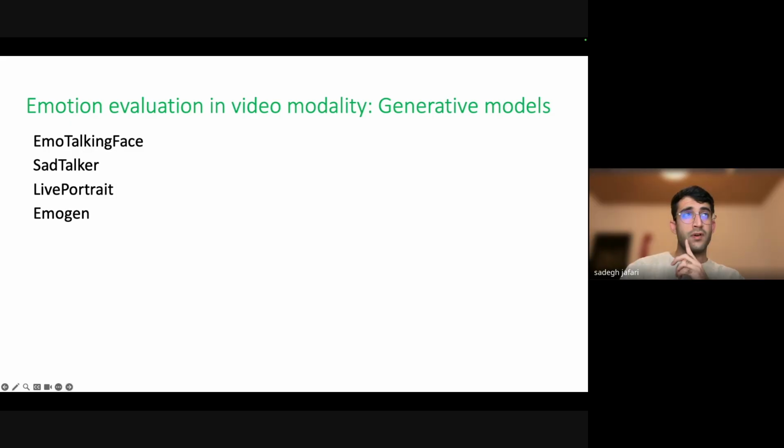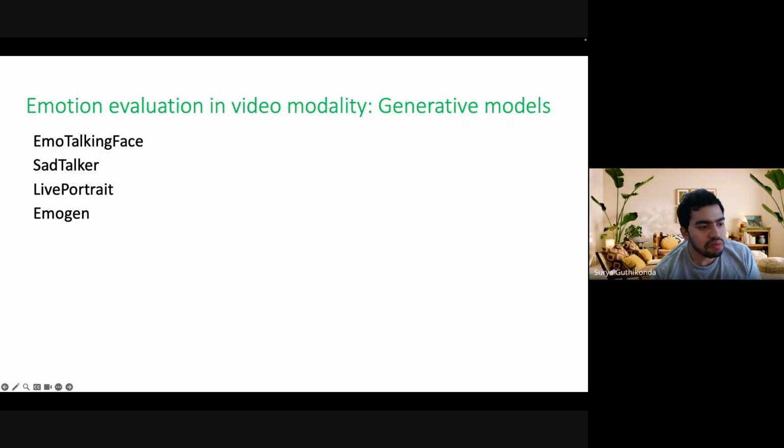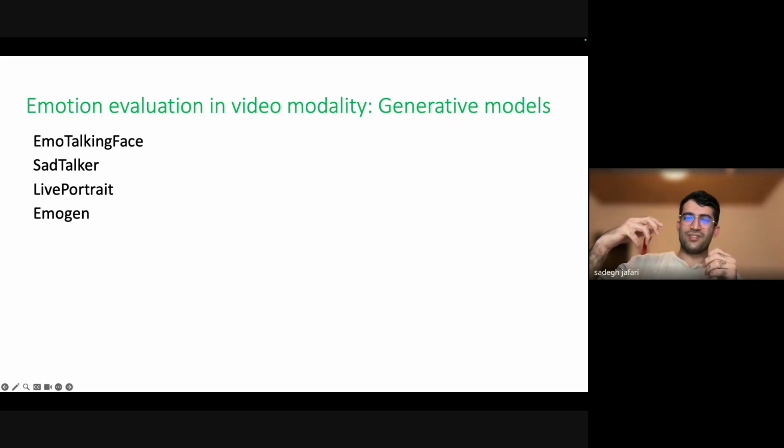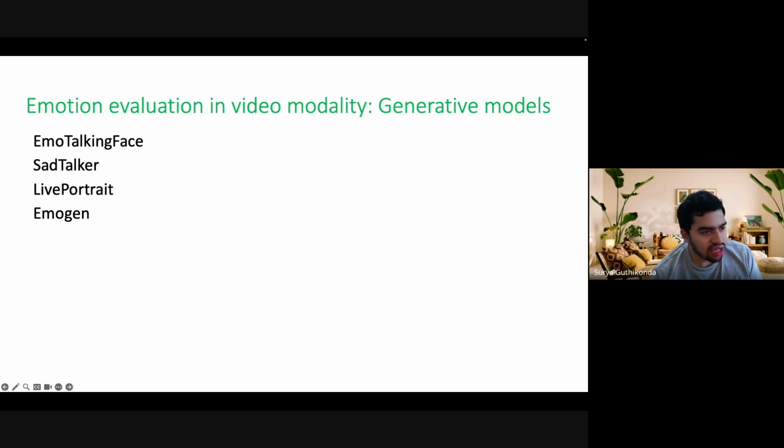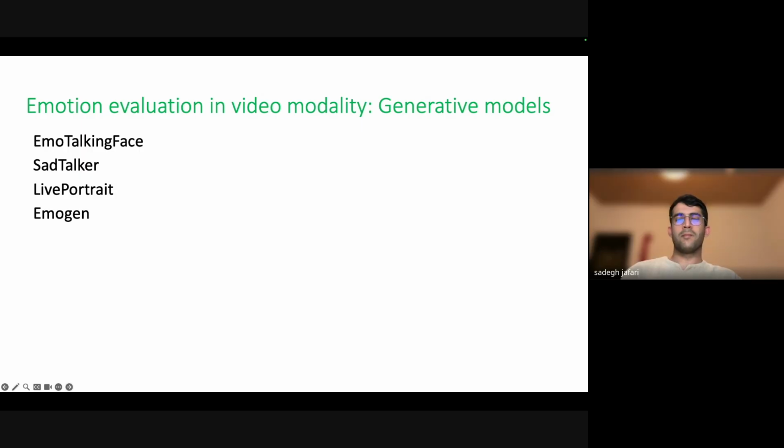But one of them, LivePortrait, tries to mimic the original video without asking for any emotion. So it has better quality but less emotion performance.